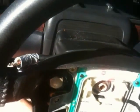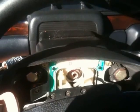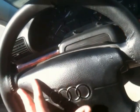Now what I've run into is there is a small red connector attached to a black one. Sorry if this video is crummy, but I'm actually learning as I go along here. And